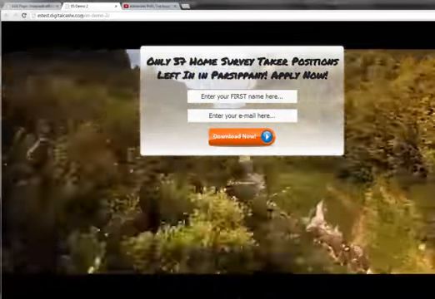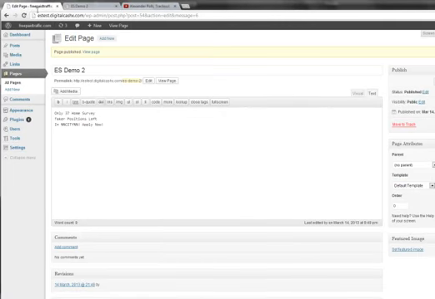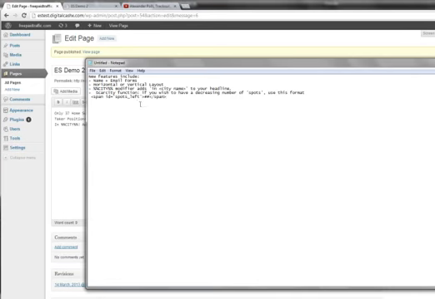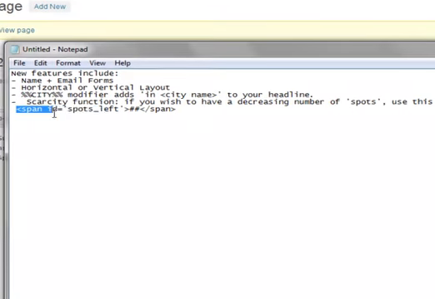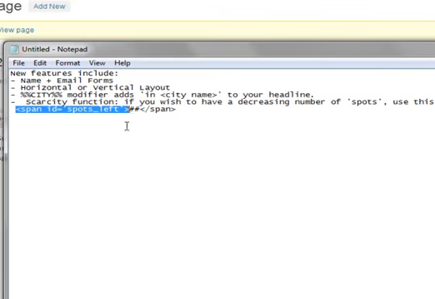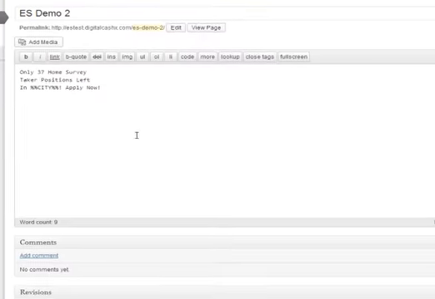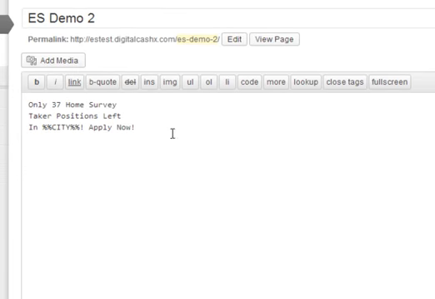Of course, this video background is just stunning. Okay, and now I want to show you one more awesome feature that's only available in the Pro version again, and that is you have this numeric decay meter, okay? It's a scarcity function. And by using this short little code right here, you actually can make the number of whatever tick down right in front of the person, okay? So see how I put only 37 here, and obviously 37 is static and that wouldn't change, but if I put this little code in here,